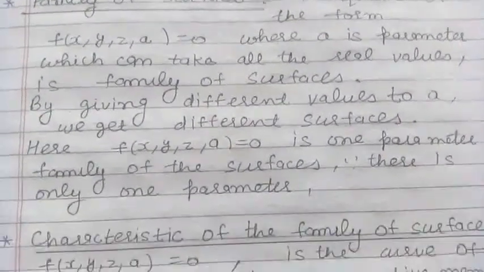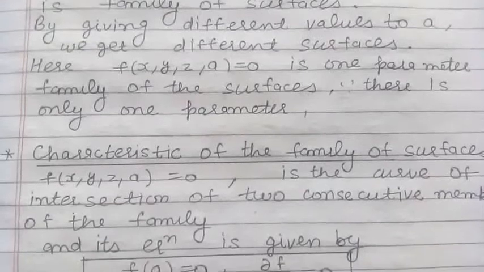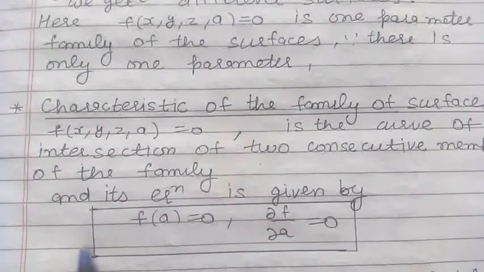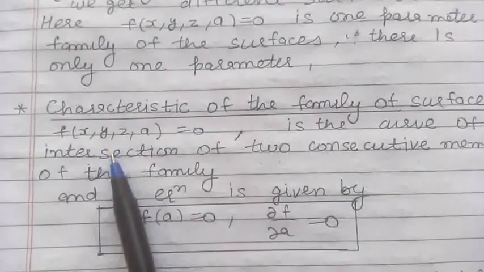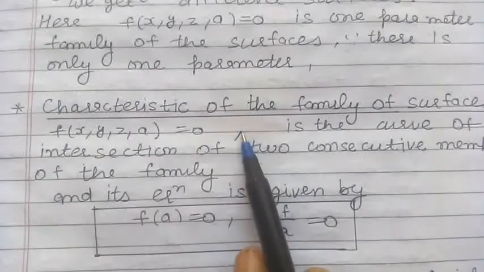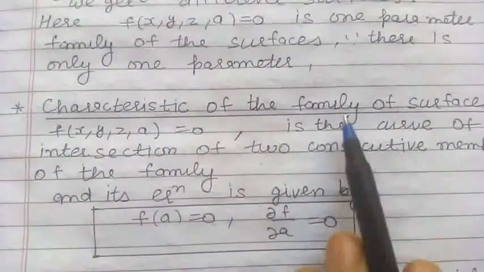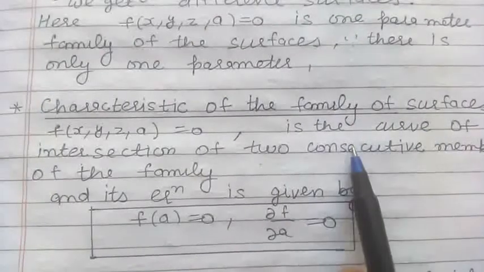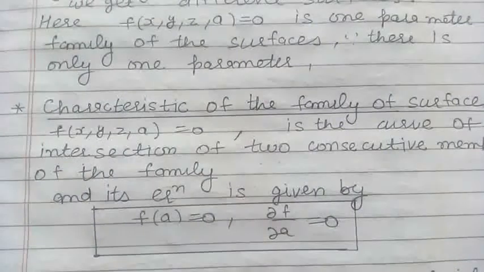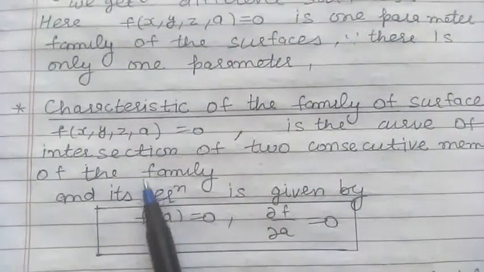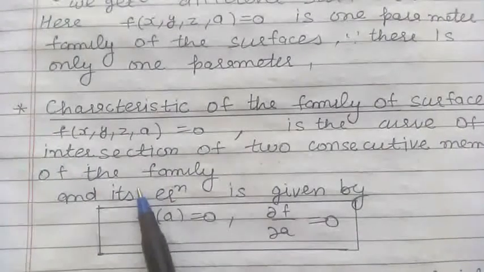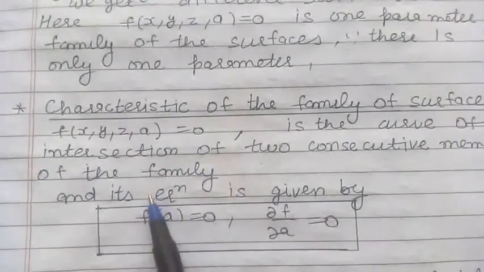Next is the definition of characteristics of family of surfaces. Let us take a one parameter family of surfaces which is given by f(x, y, z, a) = 0. Now the characteristic of this family of surfaces is the curve of intersection of two consecutive members of the family. And if we take two consecutive members of the family and take their intersection, then the curve